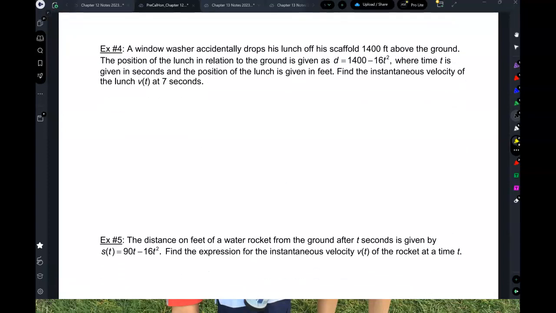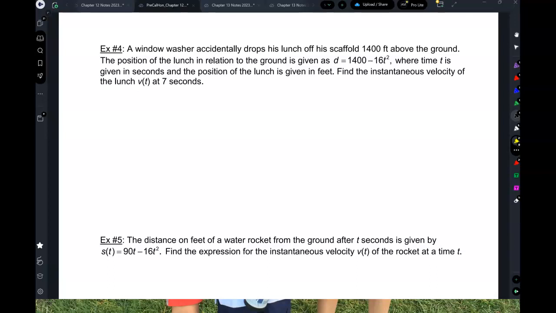So, here we go. A window washer accidentally drops his lunch off his scaffold. I know, I always want to change this because I feel bad for the window washer. But it's okay. What are you doing, walking under a scaffold? See, that's what you get. But it's okay. There is a second part to this, and his friend actually shares his lunch with him,